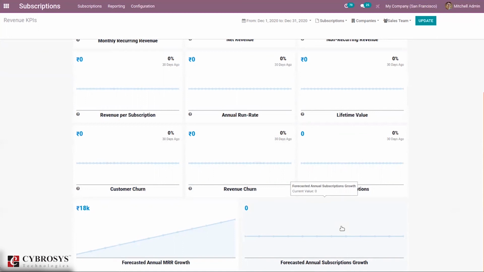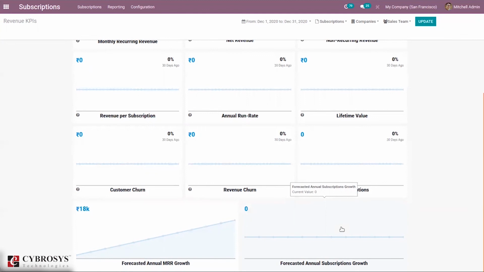For any business, value lies in the ability to predict recurring revenue. Subscriptions reduce customer churn rate and significantly increase customer retention. Subscriptions provide much more stable payment for your business. They stabilize and maintain recurring revenue streams by guaranteeing monthly revenues and adding value to your customers. And in these revenue KPIs, we can see an option to filter according to subscription template and company sales team. We can see this report from December 1 to December 31st, and it is possible to change this from here and update the report.